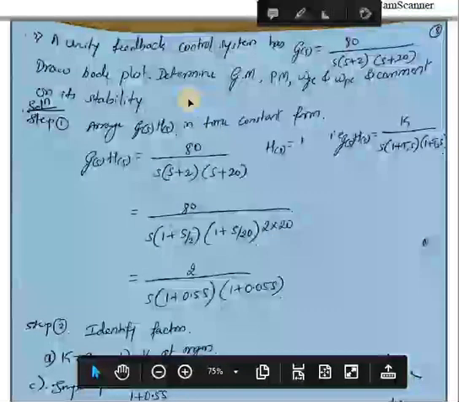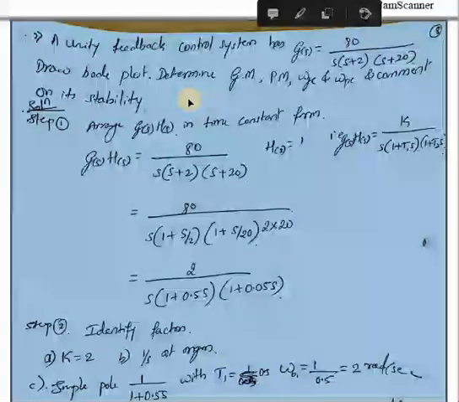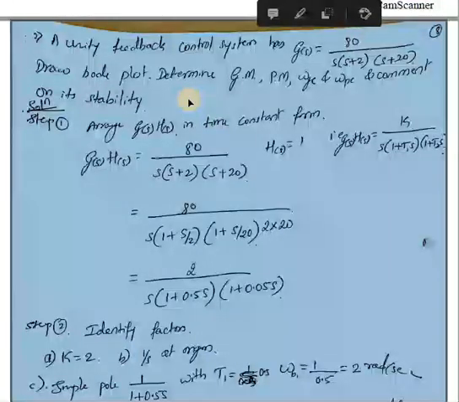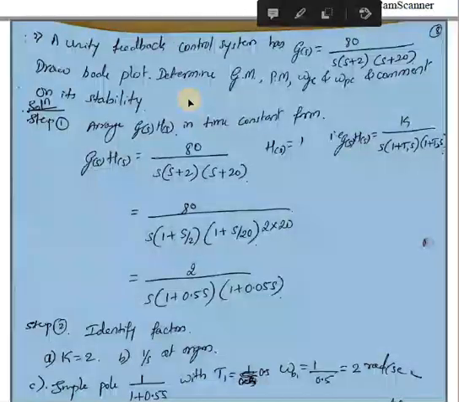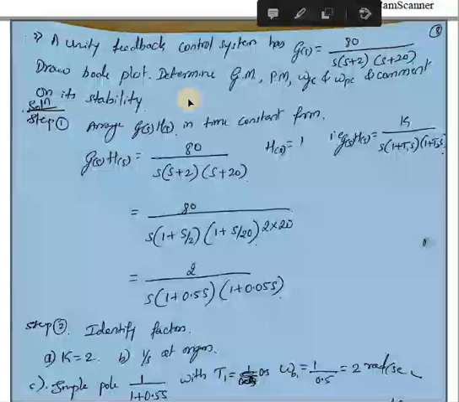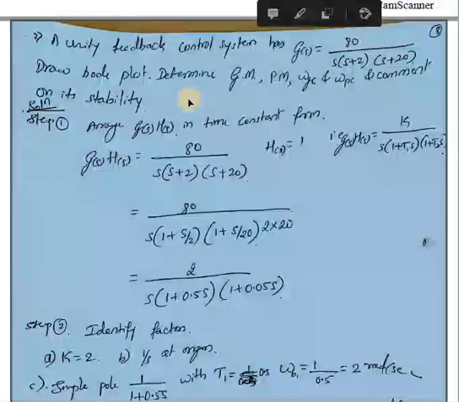The statement is: a unity feedback control system has G of S as 80 divided by S into S plus 2 into S plus 20. Draw the Bode plot. Determine gain margin, phase margin, gain crossover frequency and phase crossover frequency, and comment on its